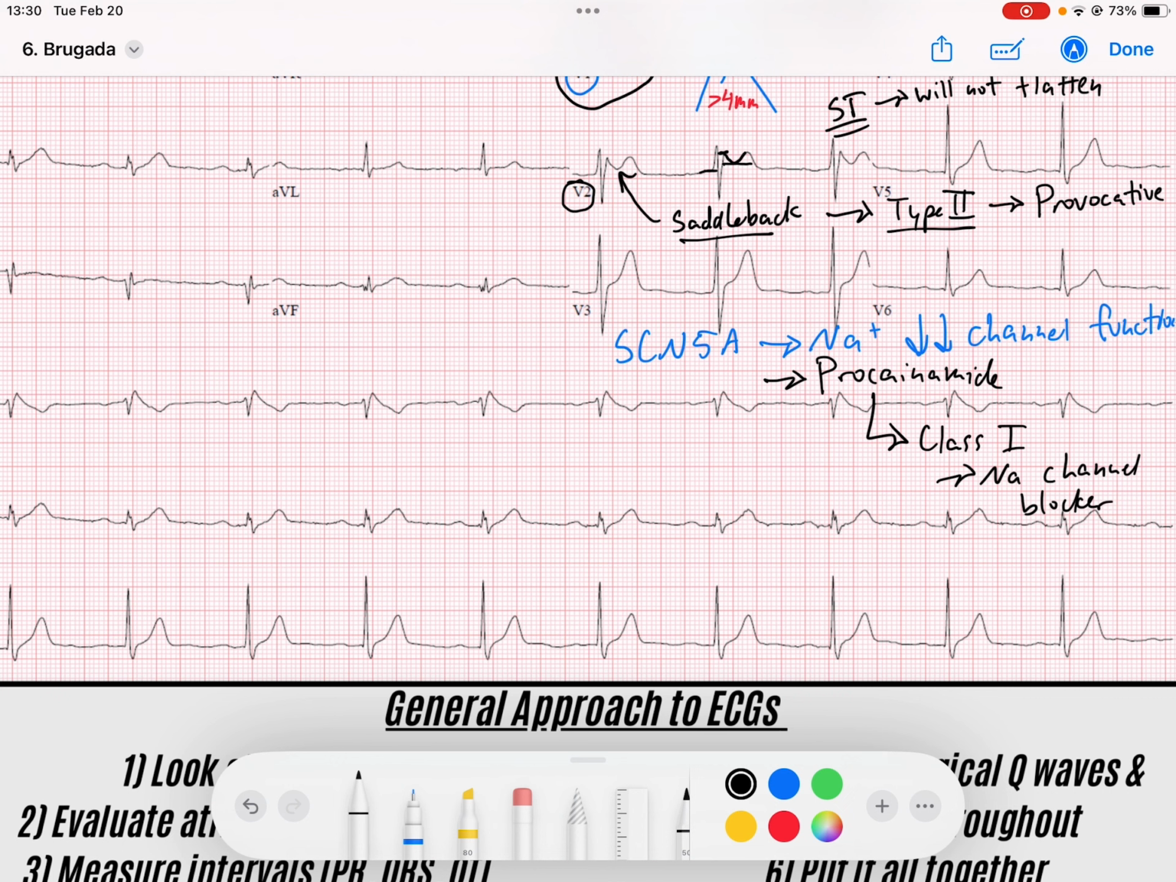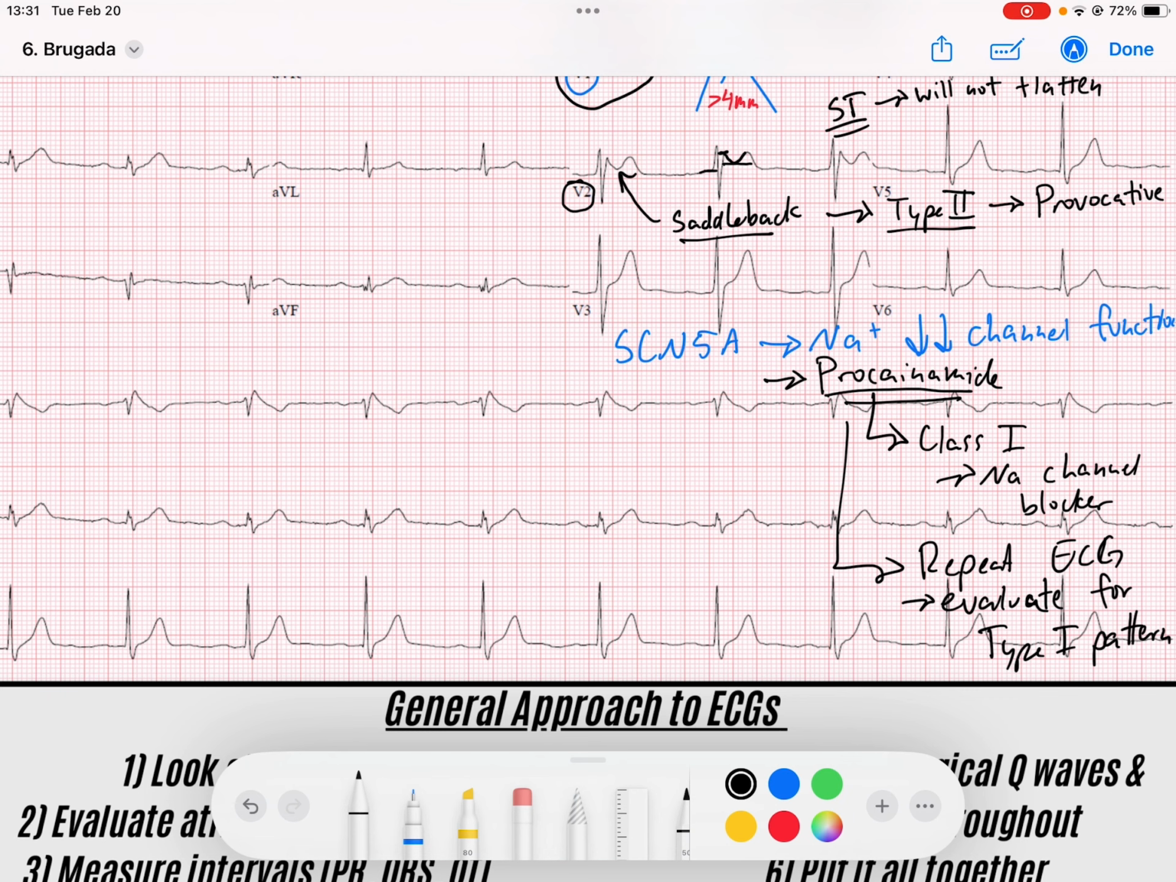So ideally, if you have a type 2, you could give procainamide and then take another ECG and see, so then you repeat the ECG and you evaluate for a type 1 pattern, right? So that's a really good example of how you could use procainamide for provocative testing if you have a